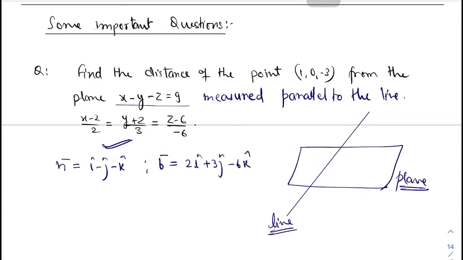If I take the dot product of these two vectors, I will get 2 minus 3 plus 6, so this will be 8 minus 3, that is 5. So n dot b vector is not equal to 0. It means the line and plane are not parallel. If the dot product of n and b vector is 0, then the line will be